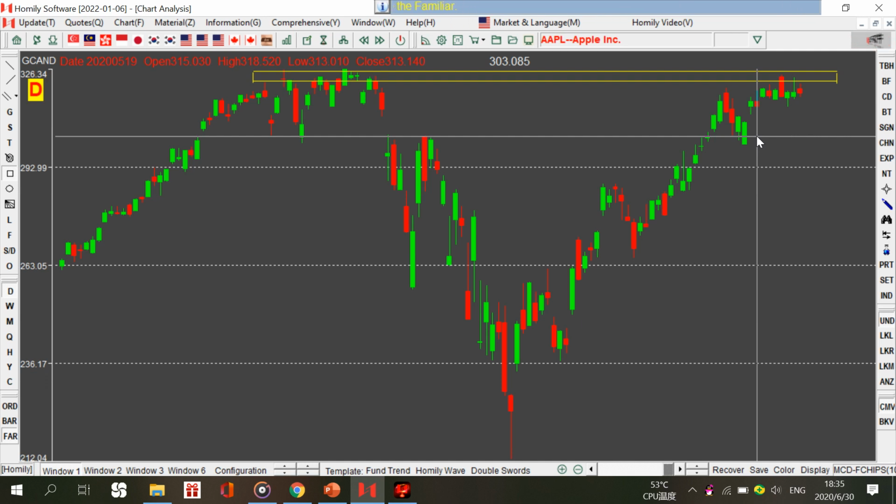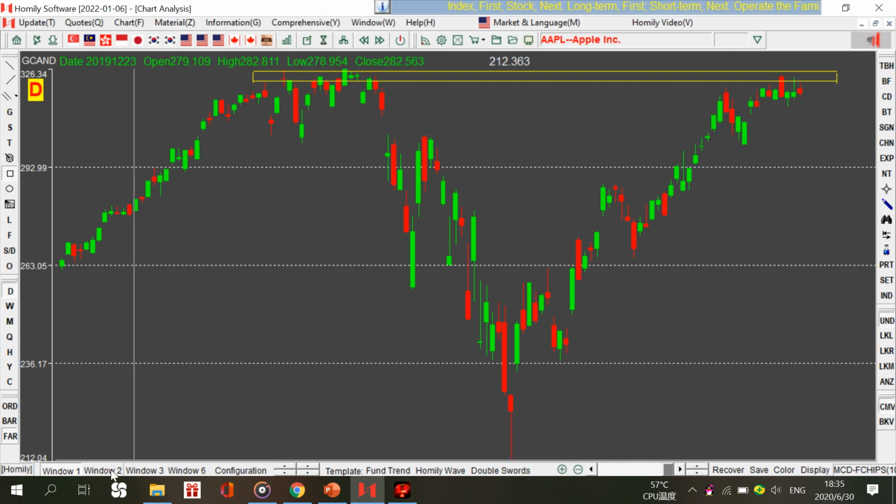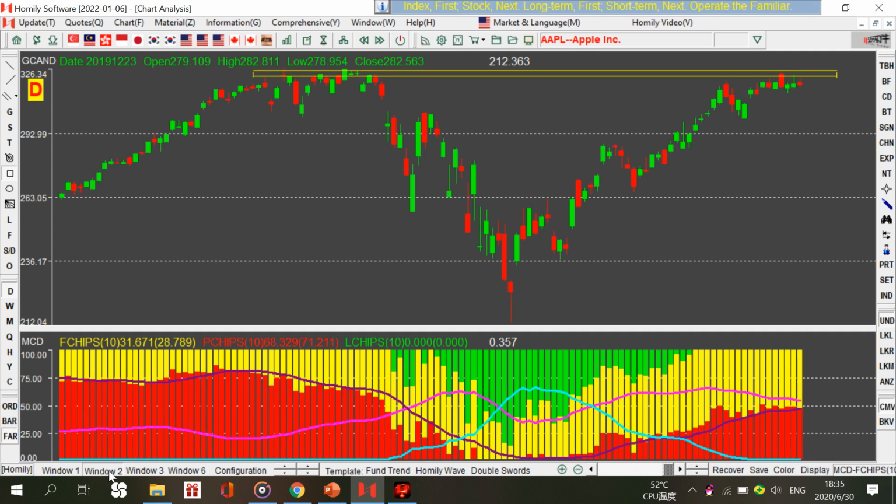Then how about our multicolor dragon we mentioned? So we say, as long as money flows in continuously, then the price would continue going up all the time. And then for Apple, do we have a lot of big boys in the share at this moment? We can check. Okay, so currently